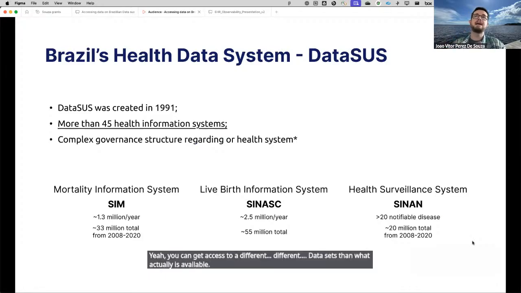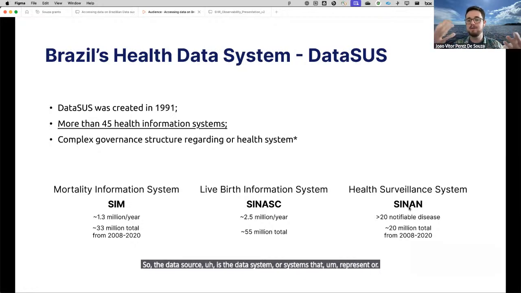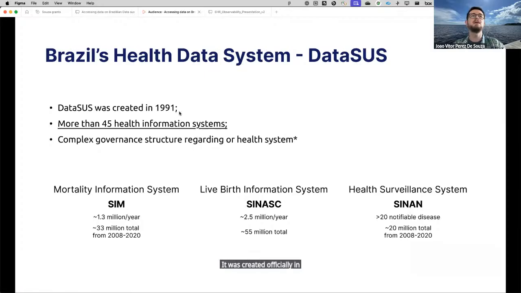So the DataSUS is the data system or systems that represent or capture the information from all of this infrastructure in the country. It was created officially in 1991.